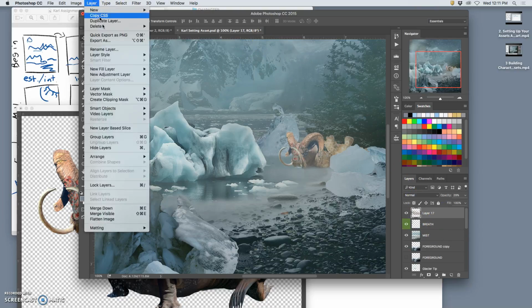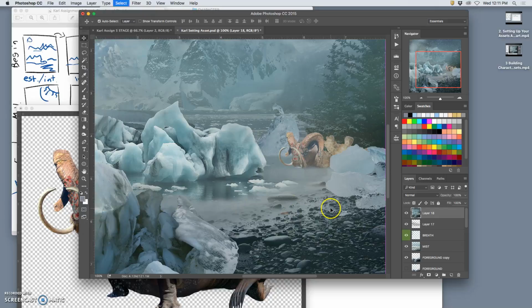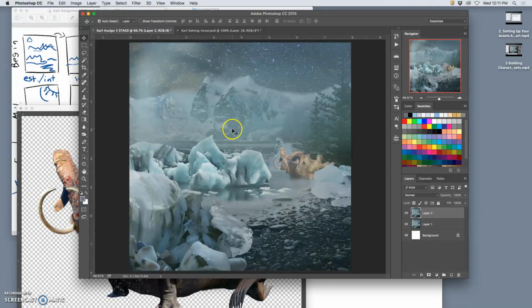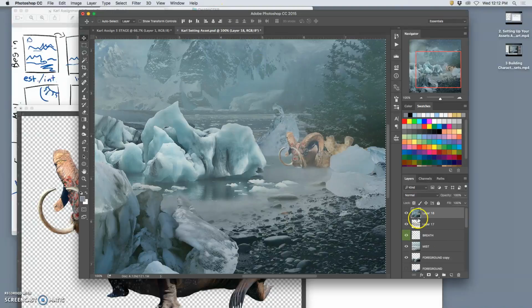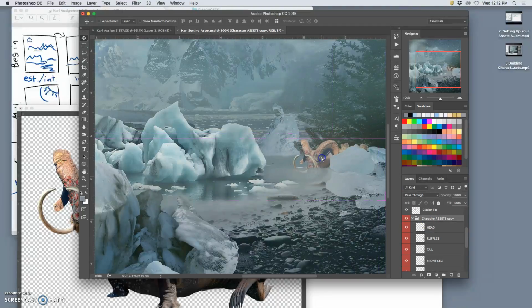Okay, and then this will be the next frame. Hold down Option, Layer, Merge Visible, select all, copy, take the picture, move to stage. But it goes there. So now I have from this to this to this. Do I need more? Maybe one more to show it kind of breaking the water. So I go back to here, I deselect, delete that merge layer, go back to my character asset copy, move him down, move the head,